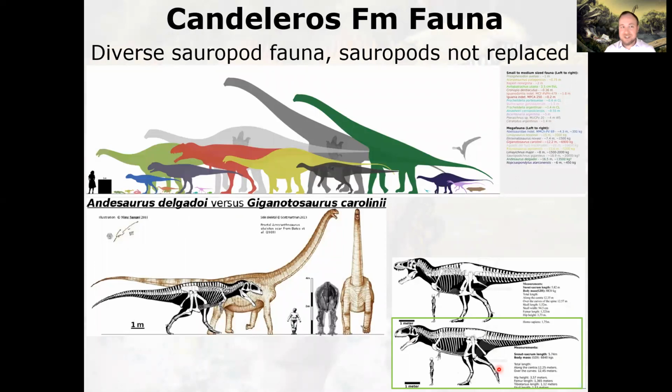Mostly sauropods, so it was a really diverse sauropod fauna. Lots of different kinds of sauropods of all different sizes, and really different levels of development as well. And if you've got large herbivorous dinosaurs, there's kind of that arms race with the carnivores, and we also get large carnivorous dinosaurs. So probably the two most famous examples of dinosaurs from these formations is Andysaurus, this large sauropod